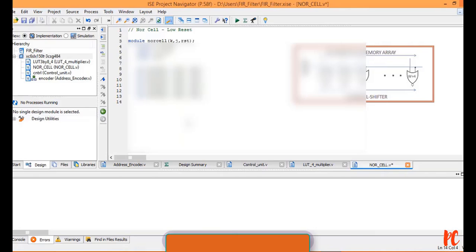And the final one, last but one, G6 of K of 6, comma J of 6, comma reset. The last one, G7 of K of 7, comma J of 7 and reset. Finally I am going to end it with endmodule. Let me save it.